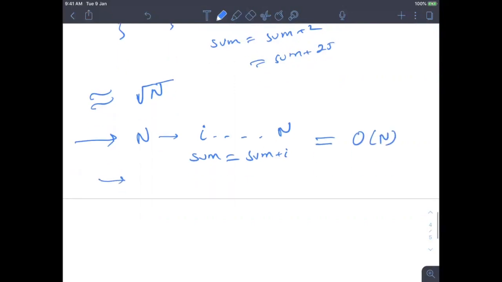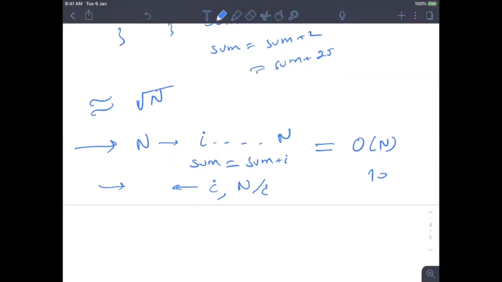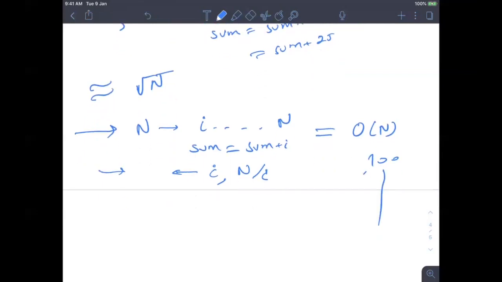But now you are smart, because you have already seen something like that. Every time a number I divides n, you can directly get another divisor, which is n by I. So for 100, again I'll draw that line. If 1 is dividing 100, you will get 100 free, so 100 is also a divisor. If 2 is dividing 100, you will get 50 free, because 100 by 2 is 50. So if a number I is dividing 100, then 100 by I will also be a factor.